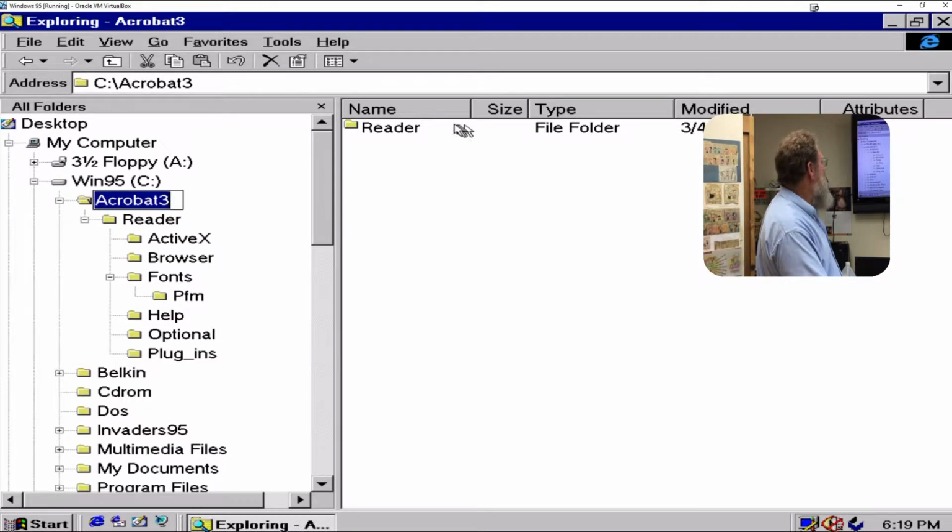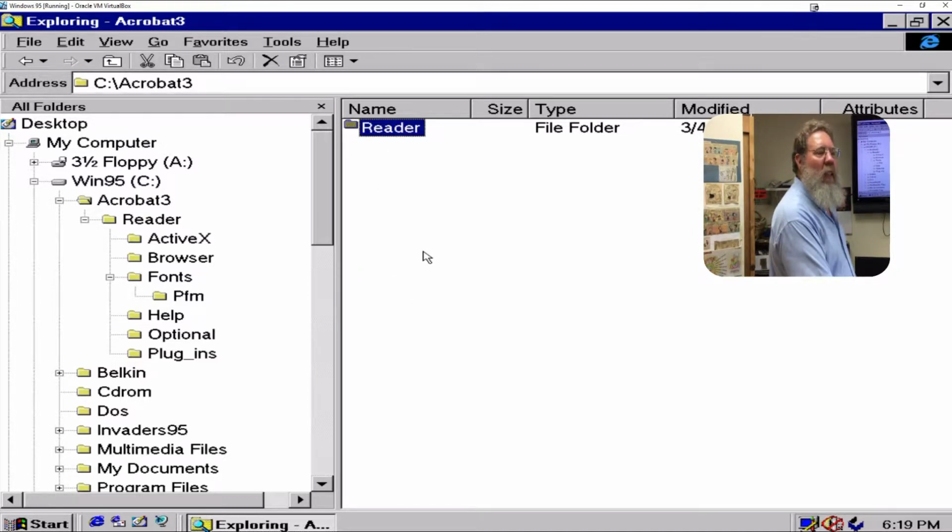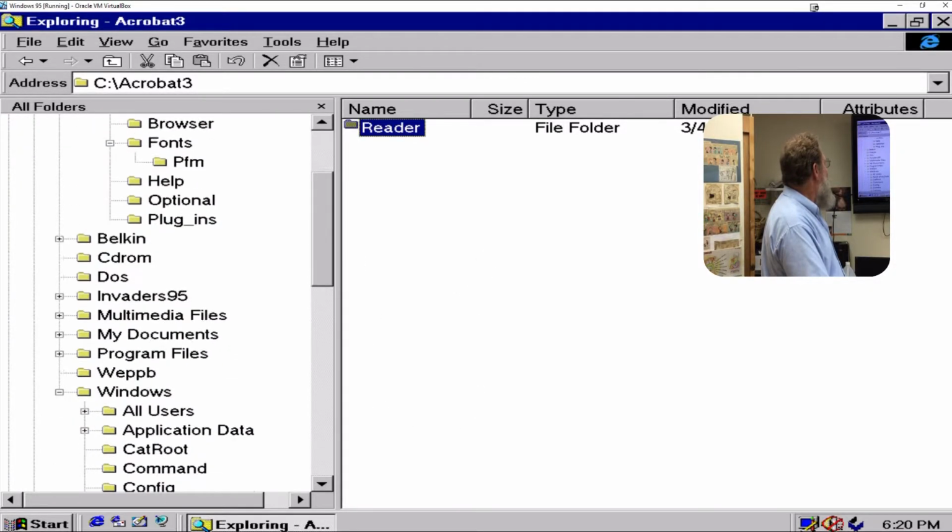How did Acrobat 3 get created? Somebody put it on there. It was already on there. Actually, another example we can use, which might make more sense to you, would be under